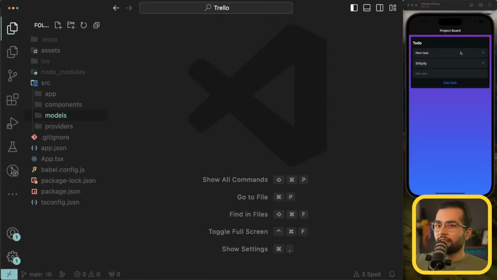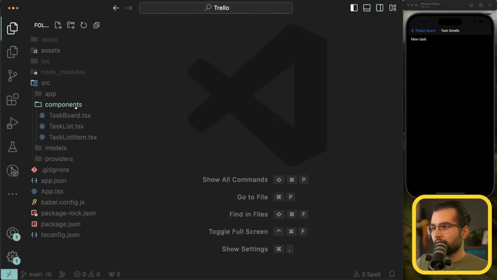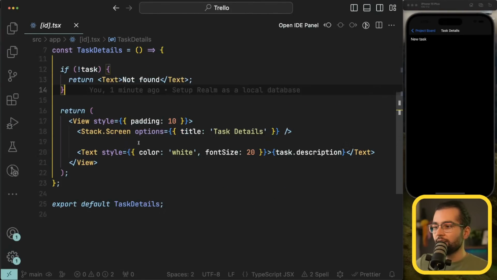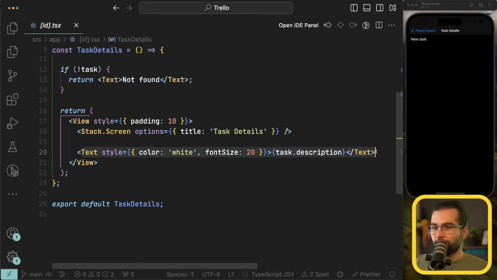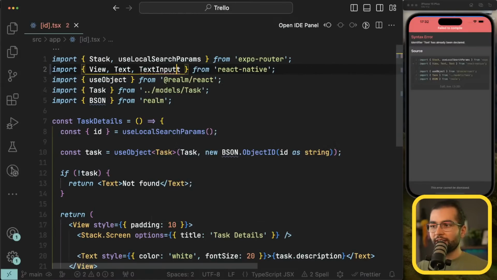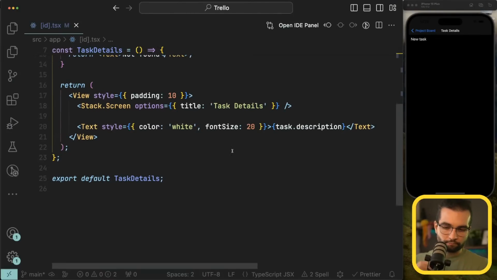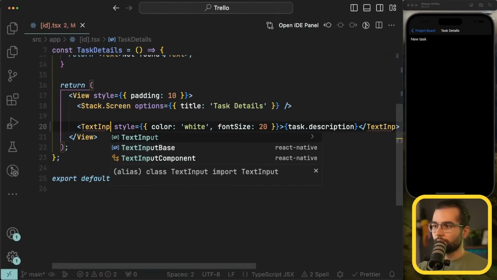What we didn't see is updating an object, right? So I think updating an object would happen on the details page. So let's see how that would happen. If I go to the application details page here, ID, we are rendering the description as a text. If I simply change this one to a text input, we're going to be able to right away edit it there and update the information about that component. So let's render it as a text input,